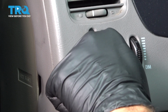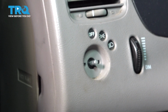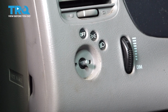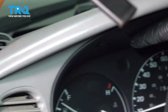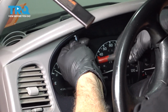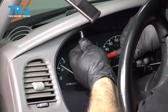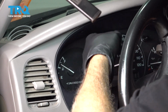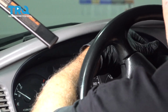Go ahead and start by pulling off our headlight knob here. I'm going to set that aside. Then we're going to use a 7mm socket. We're going to remove the 3 screws across the top of the black gauge bezel here. Once we remove these screws, we're going to pull the bezel forward